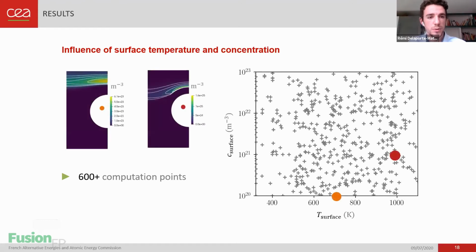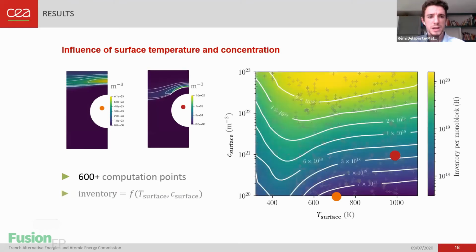So I give two examples of the fields we can obtain, and you can see that we can obtain very different fields depending on what surface conditions you put in. So the idea then is to use these plenty of data points and map them into a continuous field. So that's what we did with a machine learning algorithm that enables us to obtain a direct relation between inventory